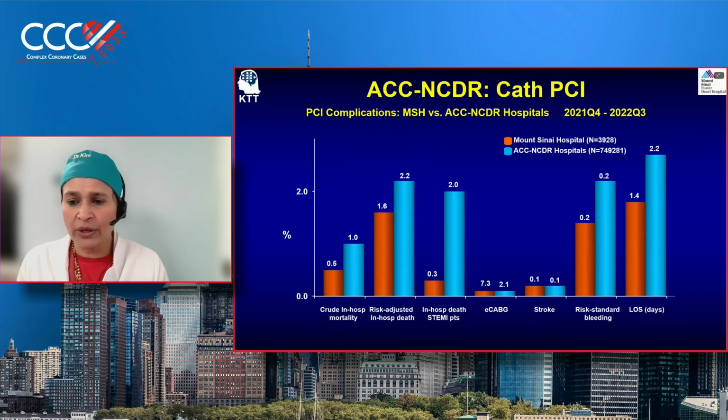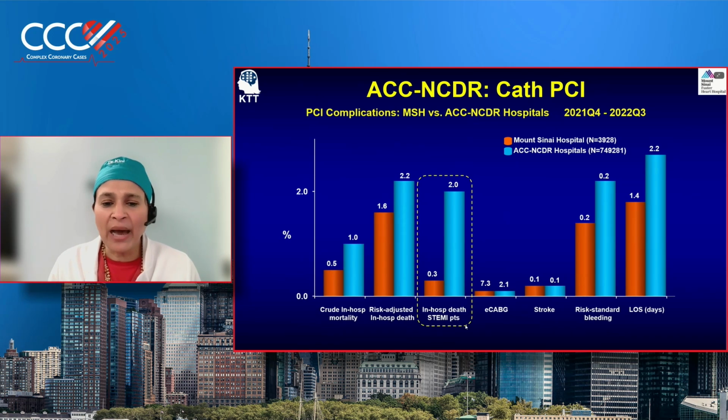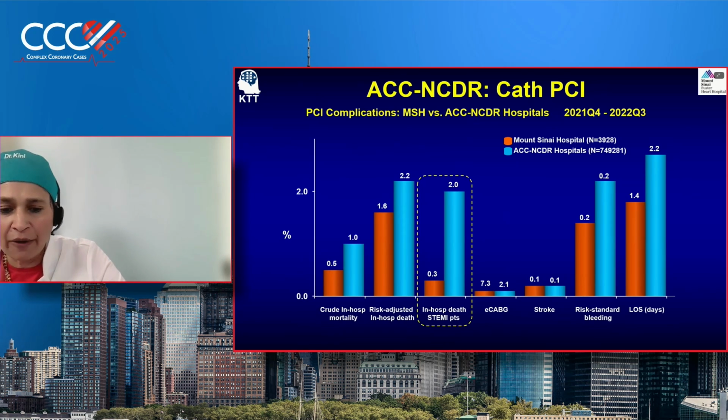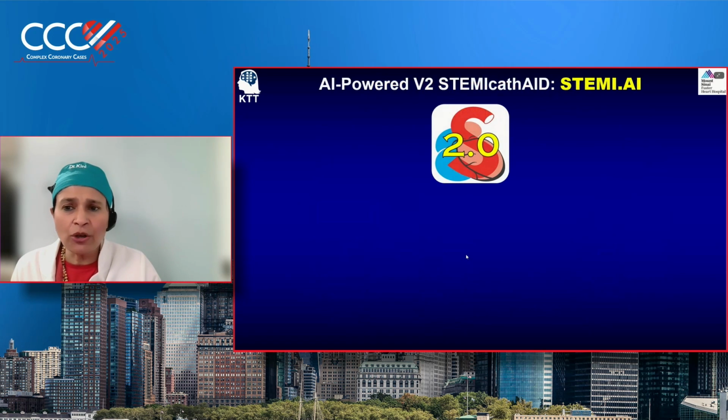Okay, you did your case in less than 120 minutes. So what? Look at our in-hospital STEMI death and compare it to the ACC NCDR. Our death rate is about 0.3%, whereas for the USA it is about 2%. So what are we going to do using